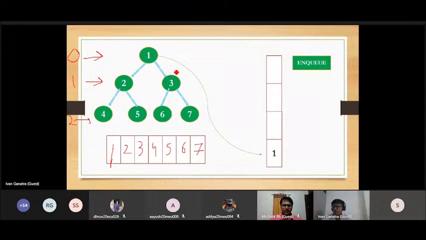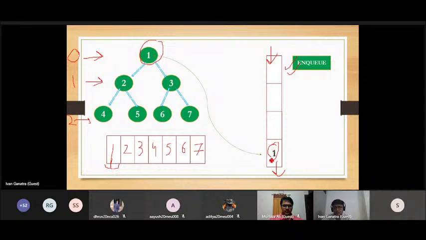सो इसके लिए हमारे पास ऑपरेशन क्या होगा, कुछ सिमिलर स्टैक के जैसे सिमिलर होगा, बट क्यू के अंदर प्रॉपर्टी क्या होती है कि यहाँ से एलिमेंट बाहर निकलेंगे एंड यहाँ से एलिमेंट अंदर आएंगे, राइट। सो जो हमारा अभी करंट एलिमेंट है वो है 1, तो 1 को हमने क्या करा, एन क्यू कर दिया। हमने क्यू के अंदर सबसे पहले 1 को डाला, राइट, क्योंकि हमको सबसे पहले यहाँ पे 1 चाहिए। सो हमने क्यू के जो टॉप मोस्ट एलिमेंट है